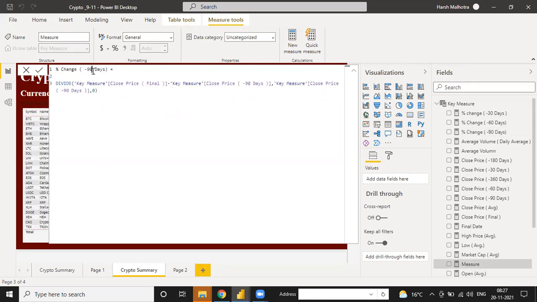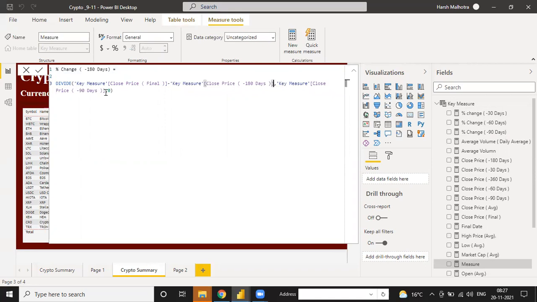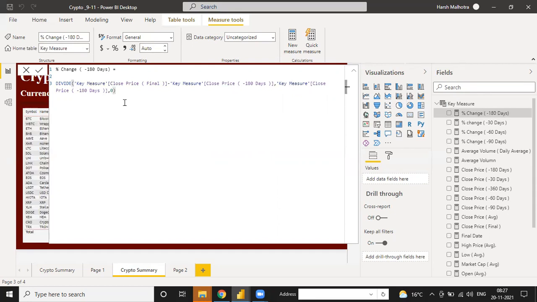See guys, every measure is very easy. Only your dependence is noted for every function. Dependence means which function you can depend on for the next function. That is the same thing. So 180, and instead of this 90. And guys, in Excel there is a limited number of functions, like 1000 functions, but from these 1000 functions you can build 10,000 functions. That is the same thing in Power BI also. Power BI has almost 150 to 200 functions, but from these you can use multiple functions.